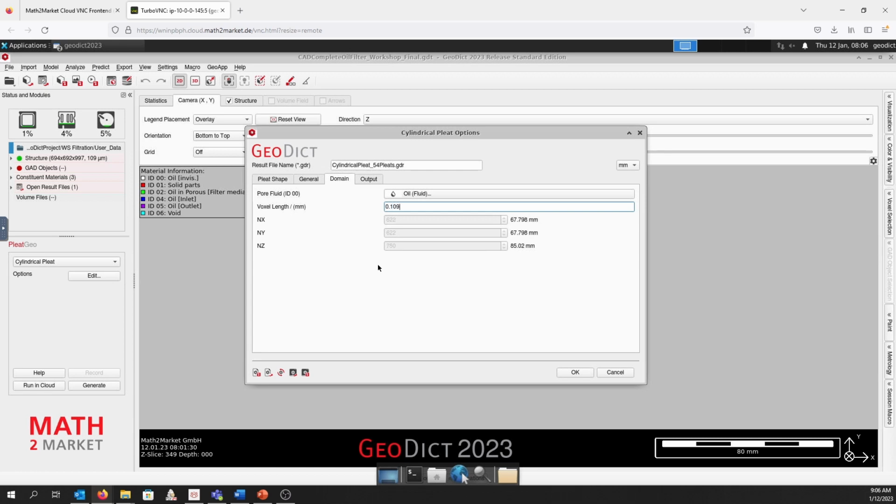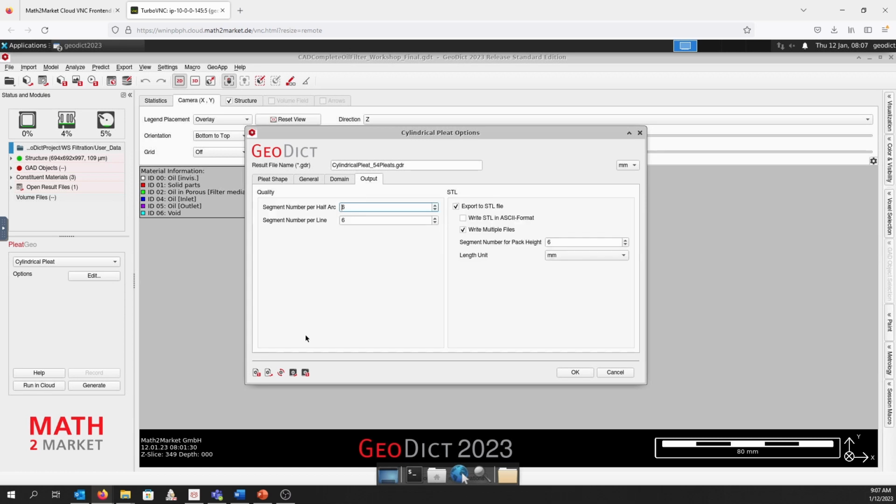So we enter here the 109 micrometers we have in the original CAD structure, and GeoDict automatically calculates then the total domain sizes. The input parameters already shown are, of course, dependent on the original structure. So once the original structure needs to be imported, then some of the parameters, of course, need to be known in this kind of sense.